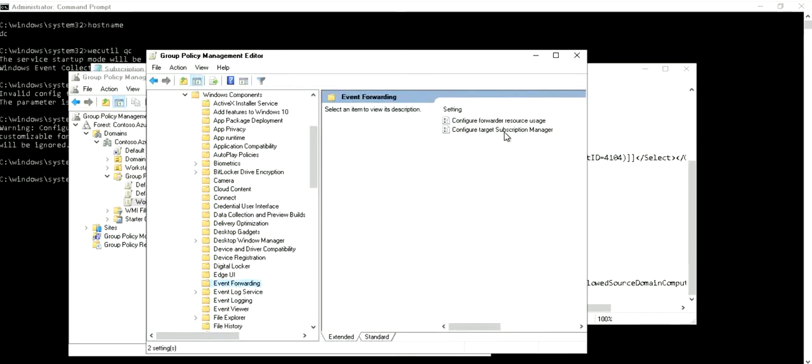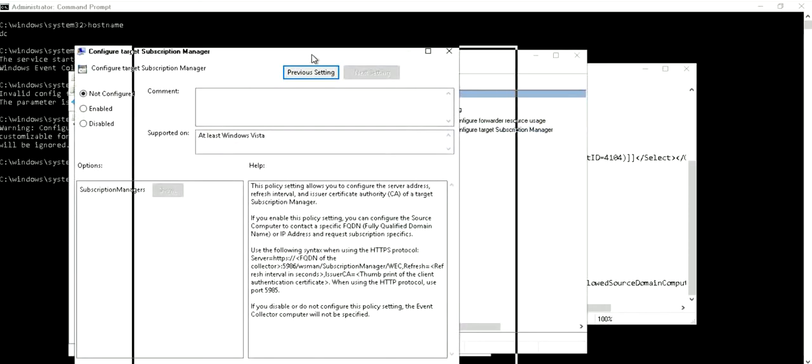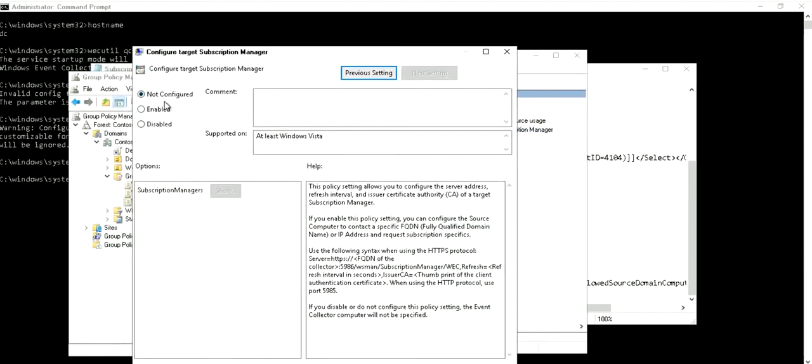We have configured the target subscription manager. So what we'll do is we'll click on this option. So it's currently not configured under the default setting of the GPO. Now we'll click on enable and you have your subscription managers here. So a subscription manager is nothing but a fully qualified domain name or the IP address. And that's where the event collection service has been enabled, and we can add it on